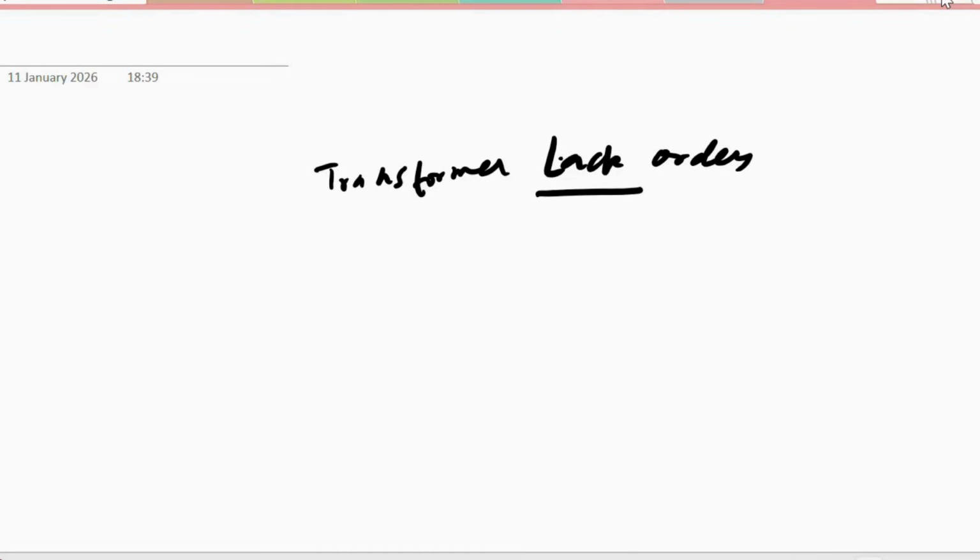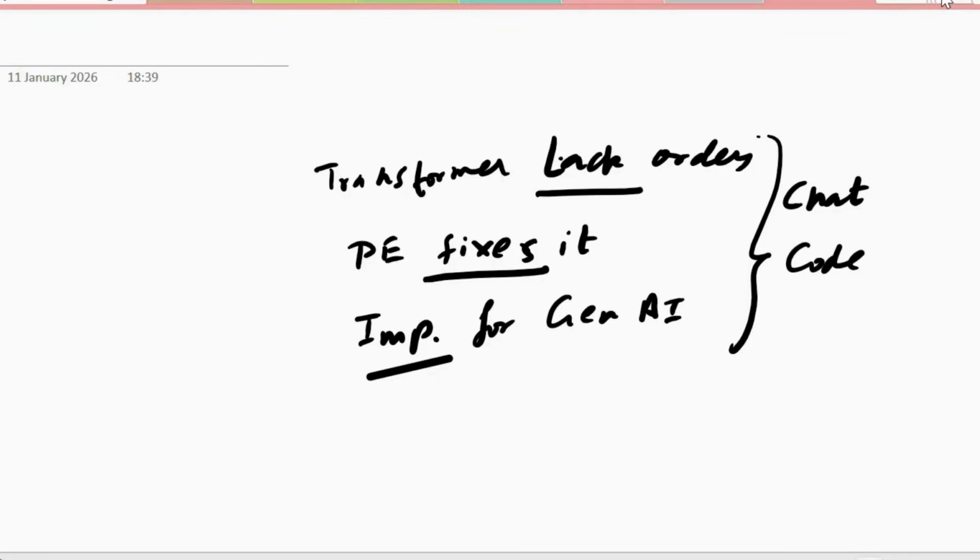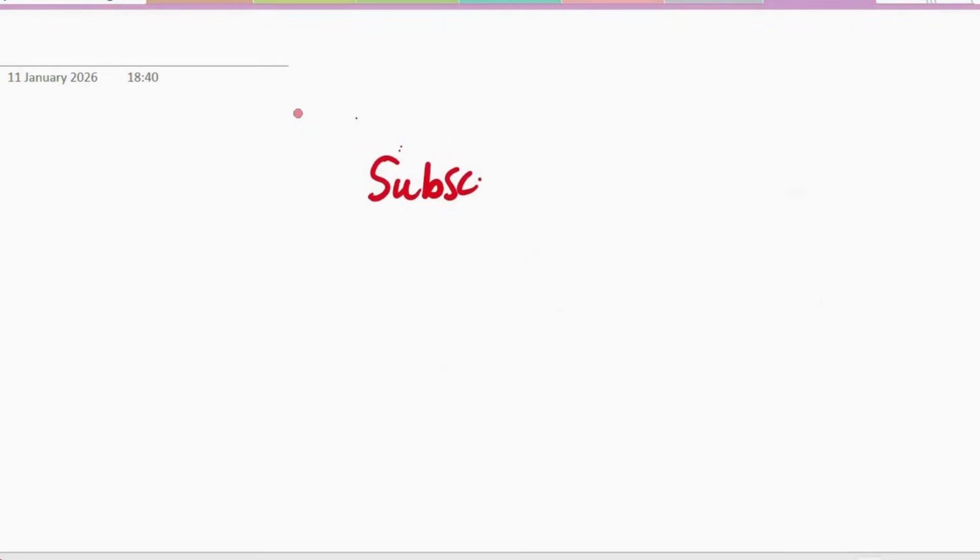So let's quickly summarize. Transformers don't understand word order. Positional encoding injects position information into word embeddings. Without positional encoding, generative AI wouldn't be able to write meaningful text, generate code, or hold